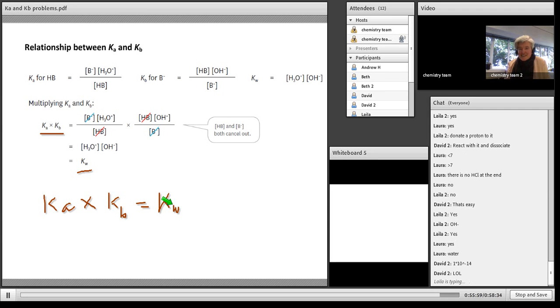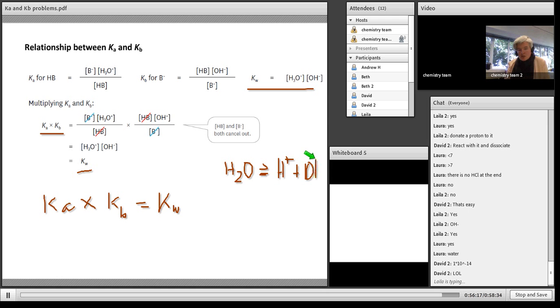So it's a tiny minuscule amount, but that Kw comes from water breaking up to form the H plus, which immediately joins onto another water molecule to form the hydronium ion,